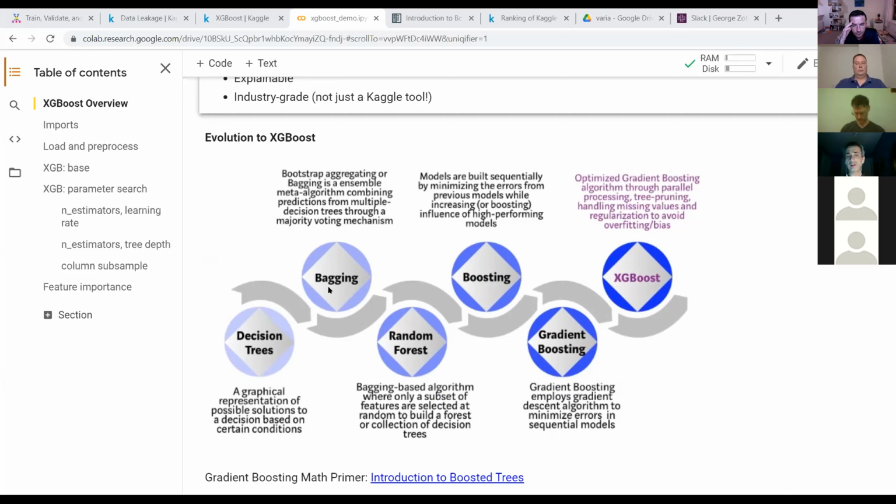Then a slightly more involved version is bagging, when you ensemble many trees, and your final prediction is an average of many trees of a similar structure.